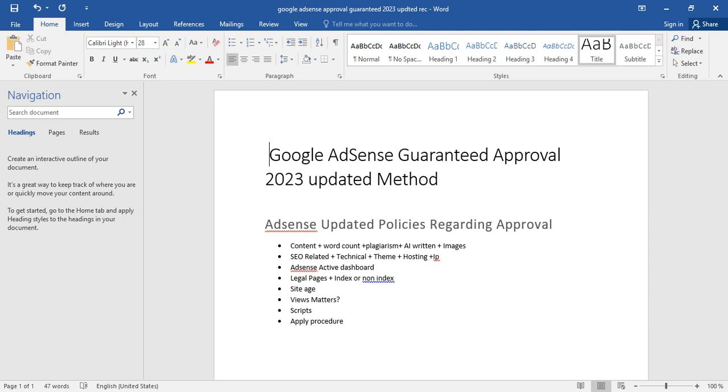If you are writing content and you're thinking about the word count, you should go to SEO tools like Ahrefs and SEMrush and give them the keyword you are going to write. It will give you an idea.